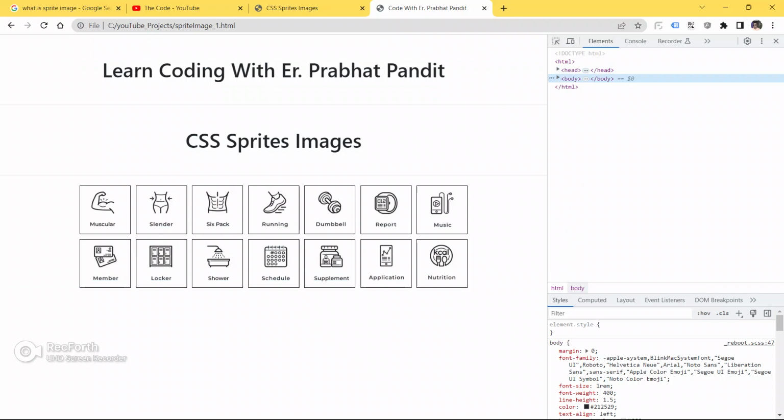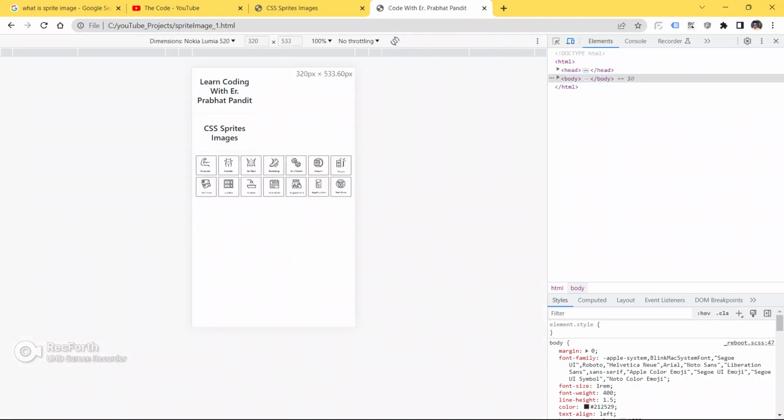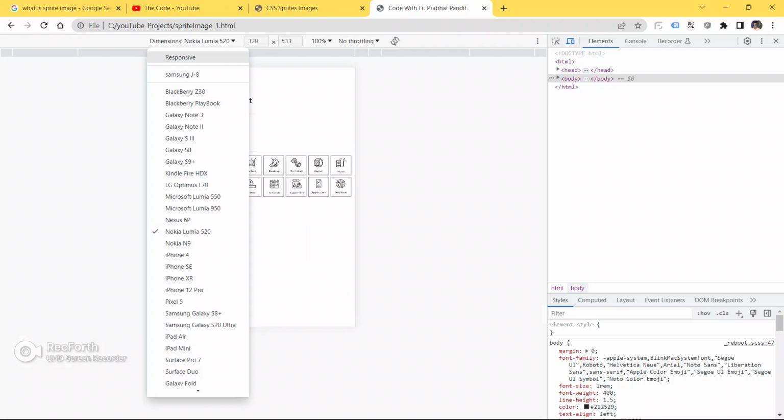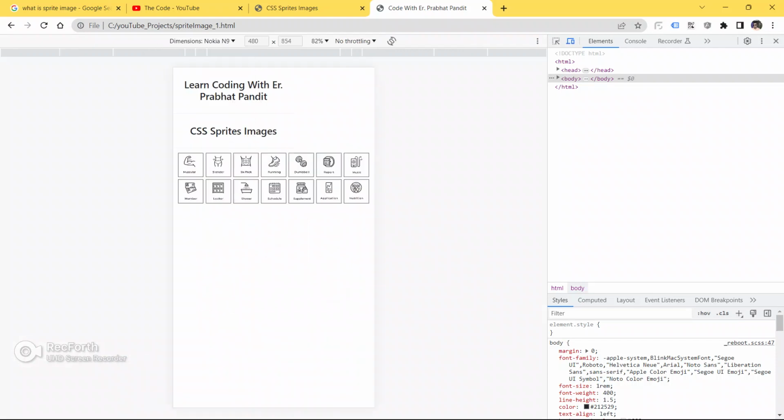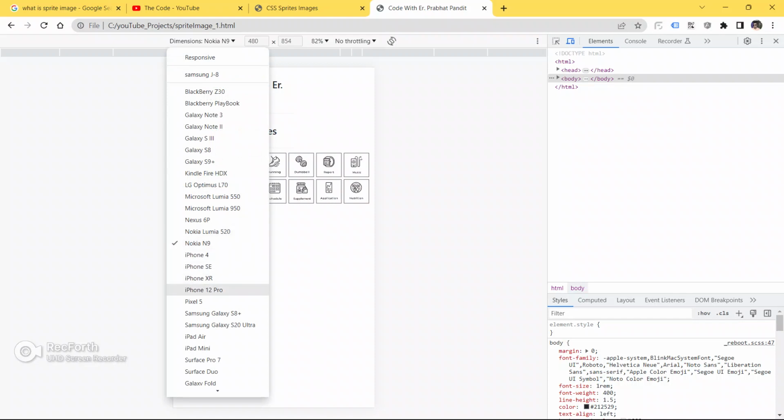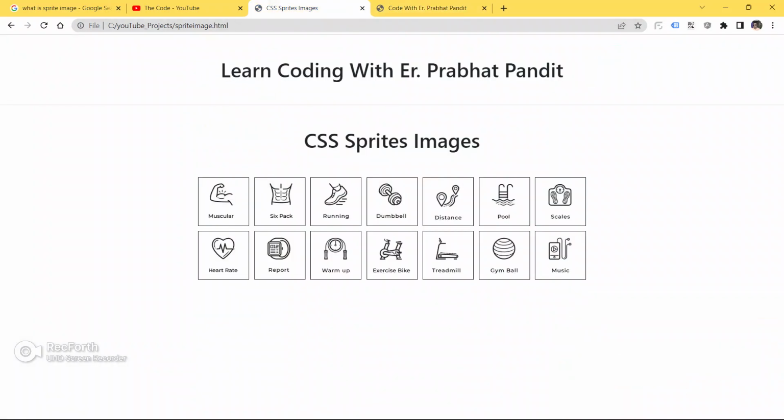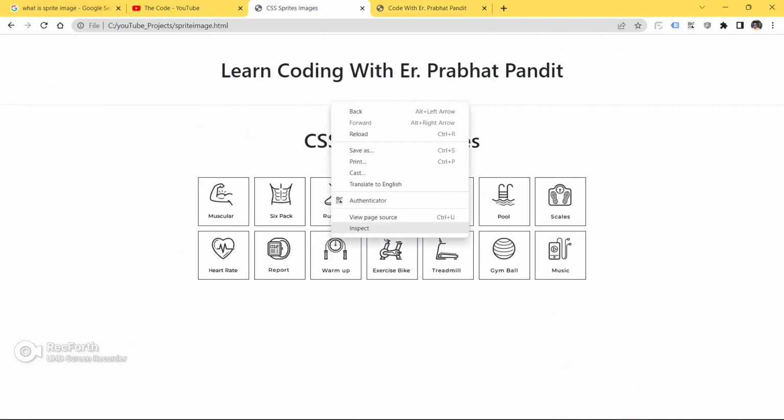Now we will check its responsiveness in the different screen sizes. If it is not responsive, we will make it responsive using CSS media query. Okay, as of now it is not responsive.